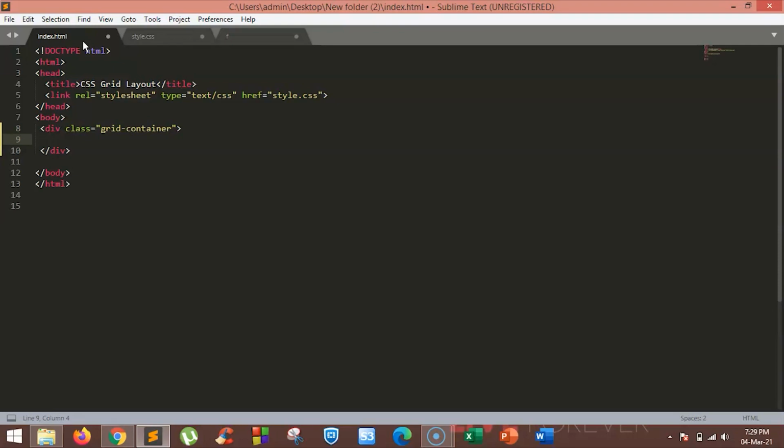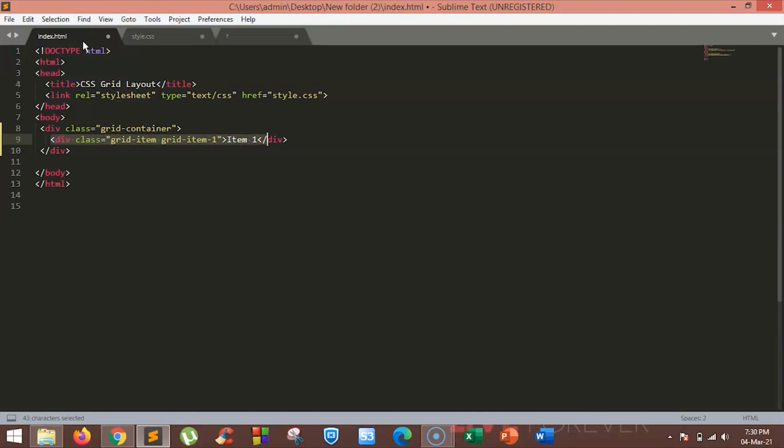Inside of it we'll put our different grid items. So we'll just create different grid items and give them a class grid-item followed by a number they belong to, so that we can easily distinguish between them. Just copy paste this 5 times.